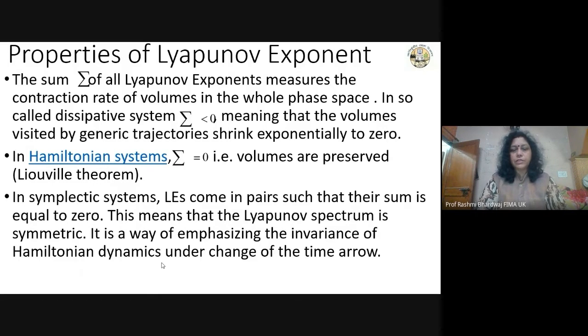In a Hamiltonian system, if it is equal to 0, then we say clearly that volumes are preserved, which is known as Liouville's theorem. And in general, if the Lyapunov exponent is greater than 0, then we are saying that it is a chaotic system. Lyapunov exponents come in pairs such that their sum is equal to 0. This means the Lyapunov spectrum is symmetric, emphasizing the invariance of Hamiltonian dynamics under change of